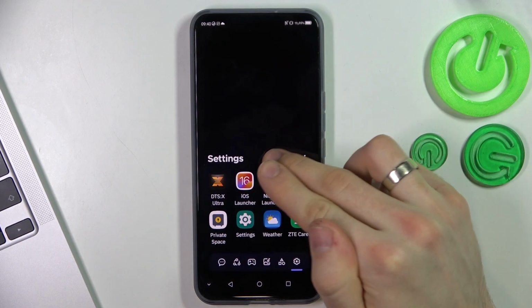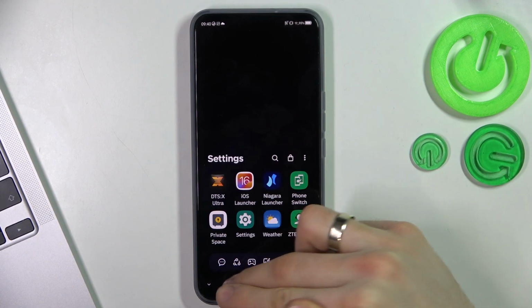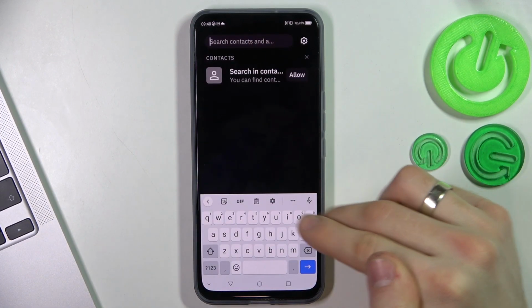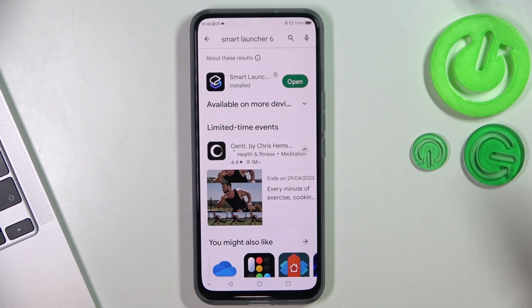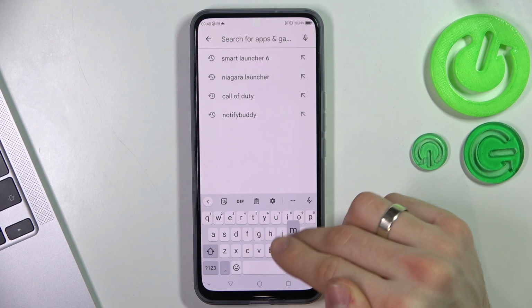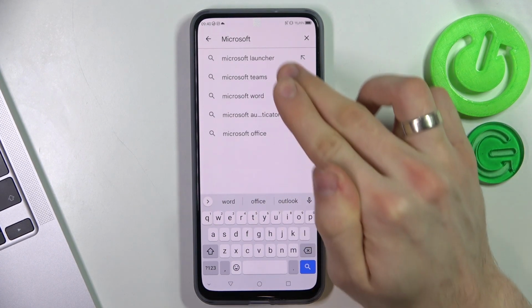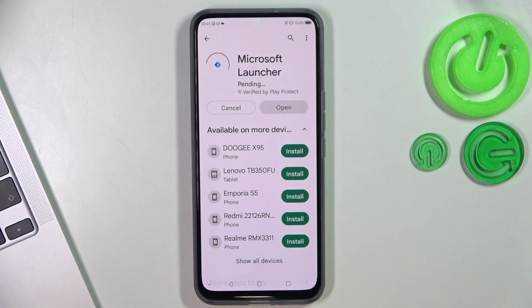And of course, if you want, you have the alphabetical search, and you have not even the alphabetical search, but you have a normal search too. So it's really easy to use, it's simple, and it's beautiful. But the best launcher ever is Microsoft Launcher. So just download it